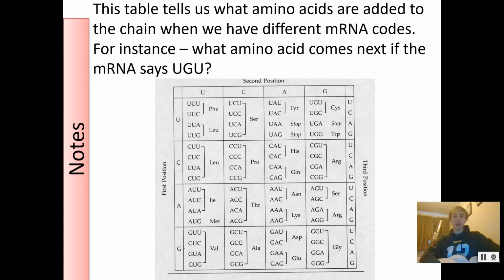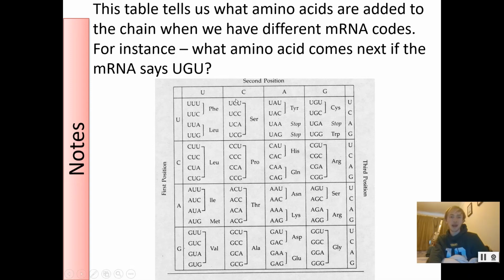Right, this last bit is not too difficult, I wouldn't say. We're looking at how we're going to know which anticodons are going to hold on to which amino acids. So there are, as you can see, a number of different possible combinations. Now, there are 64 possible combinations for only 20 amino acids. And what that means is there is multiple possibilities for each amino acid. For instance, phenylalanine at the top is coded by both UUU and UUC.